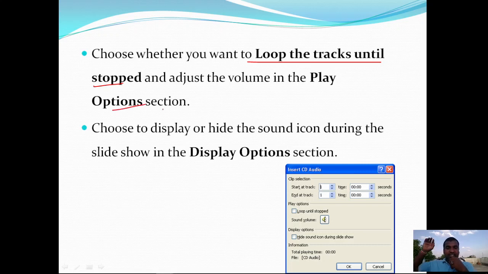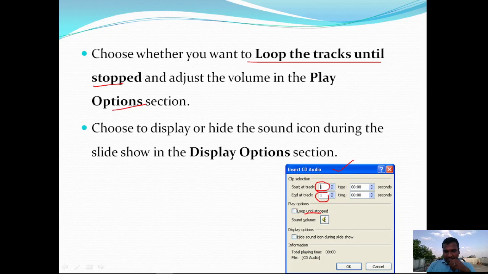So you can adjust the volume, and you can perform the looping operations. Here you can observe the Insert CD Audio dialog box. Here you can select the start track number and end track number. You can choose loop until stopped.